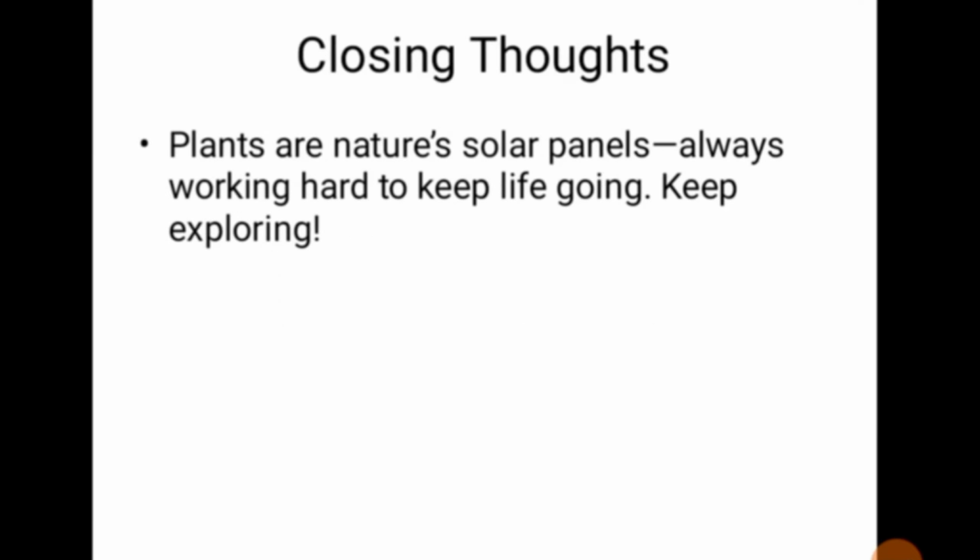So as a closing thought, plants are nature's solar panels. So why I actually added this and why I feel that plants are nature's solar panels is because plants absorb the solar energy from the sun in order to bring out food and oxygen. So it's like it's reflecting something good while taking in solar energy. So let me repeat, plants are nature's solar panels, always working hard to keep